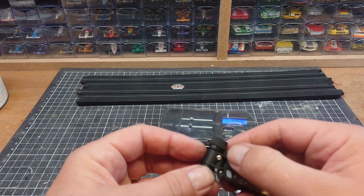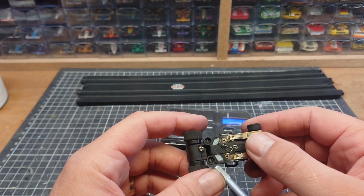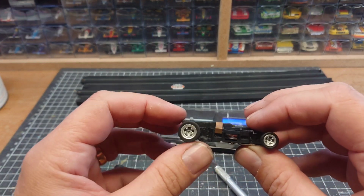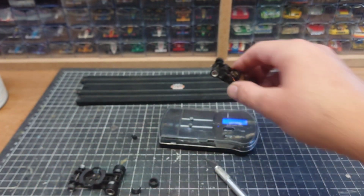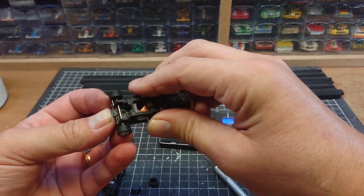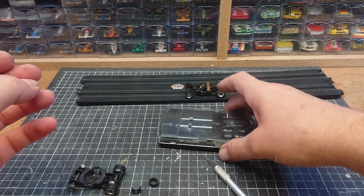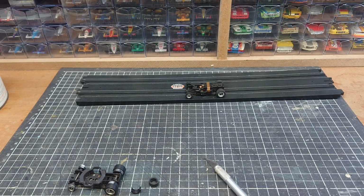So by adding magnets in like this on the bottom, yeah, it's going to make your chassis handle better. But define better. It's going to make the traction of the chassis to the track stronger. But is that what you want? Is just making all your magnets stronger the end result? I've got no problems with the upgraded magnet cars, and they've got upgraded motors and stuff in them. But just with a standard motor and a standard everything else,